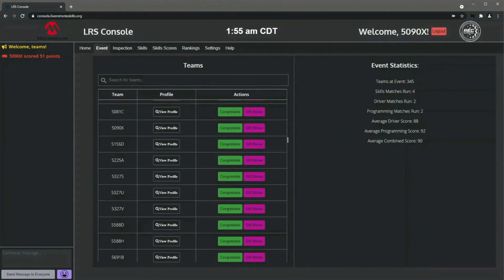If at any point you need to talk to event volunteers while you are not connected to the video platform, use the chat on the far left to type out your message. You can also use the chat to talk to other teams. As a reminder, all messages and stickers sent in the event console should follow the REC Foundation's Code of Conduct. Your ability to use these features will be removed, or you will be disqualified from the event